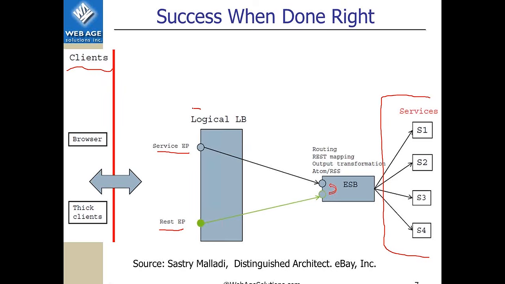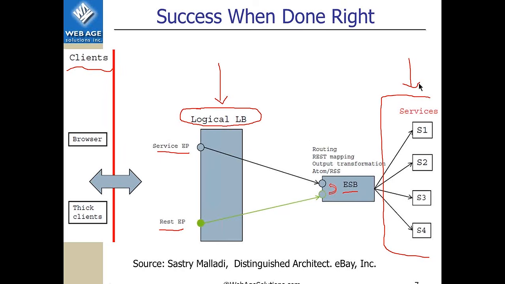So the whole infrastructure is fronted by a logical load balancer, which in turn does not do very much and just redirects all the requests to the enterprise service bus, which sits between the entry point facade and services on the right.